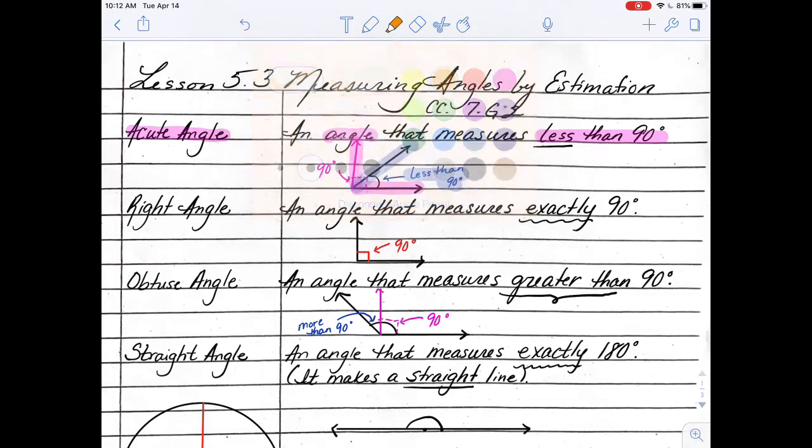Our next word, of course, is a right angle. Means it's exactly 90 degrees. So again, that nice straight up and down, left and right, that perfect 90-degree angle, that is exactly 90 degrees. And that nice little box right there in the corner is our symbol to say it's exactly 90, so that